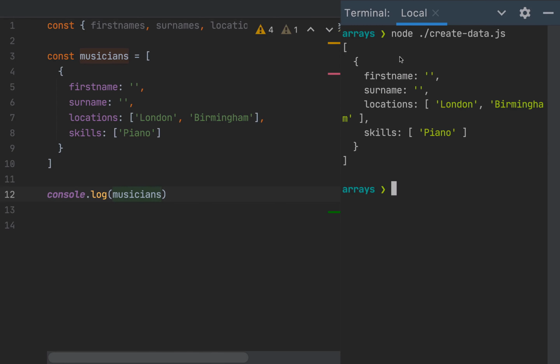There we go. So we've got a single item in our array. And really where we want to go next is we want to basically have a multiple items array. And we could do this with just using a for loop or something like that and just pushing it into an array. But another really nice way of kind of just starting out with like an array of a set number of items is you can use this Array.from method,